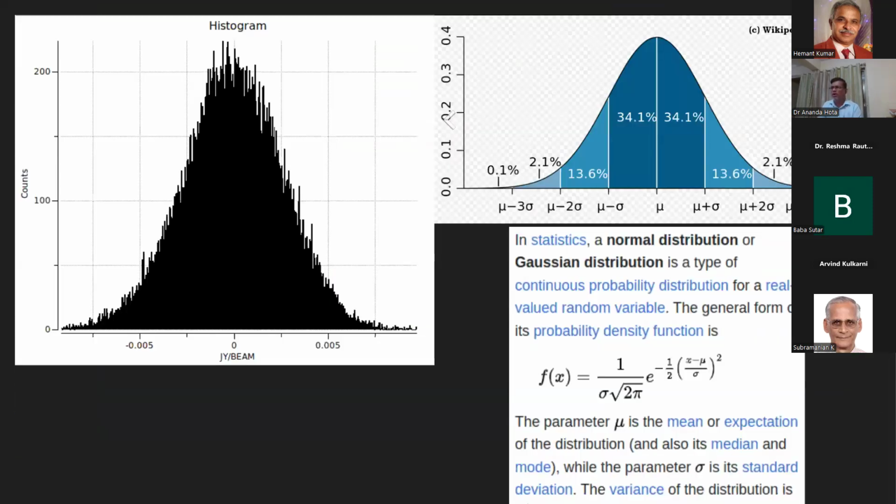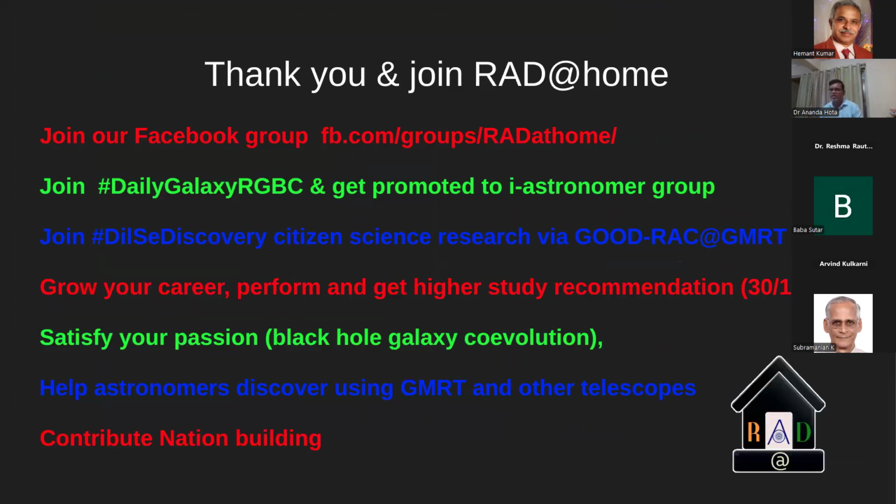Okay, so without going much, I will say here that let the teachers help me involve students to learn what science GMRT does, and through the RAD HOME collaboratory, we will train those students to be part of a discovery paper. This will help their understanding of the concept. This will help prepare them for the next radio telescope, SKA, that India is participating in. This will help them grow their CV properly.